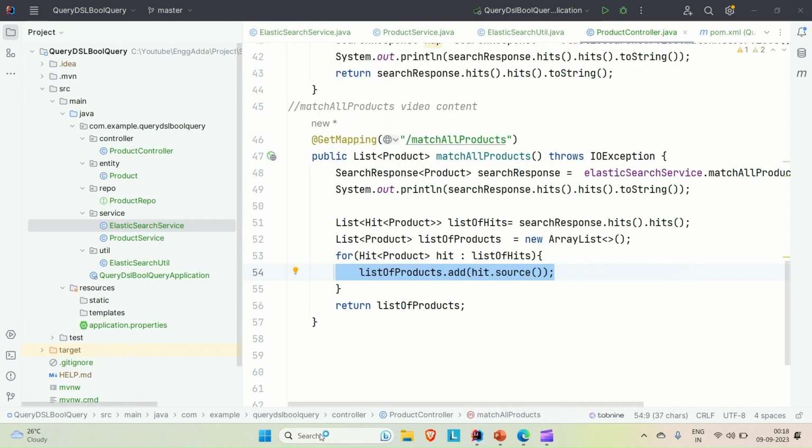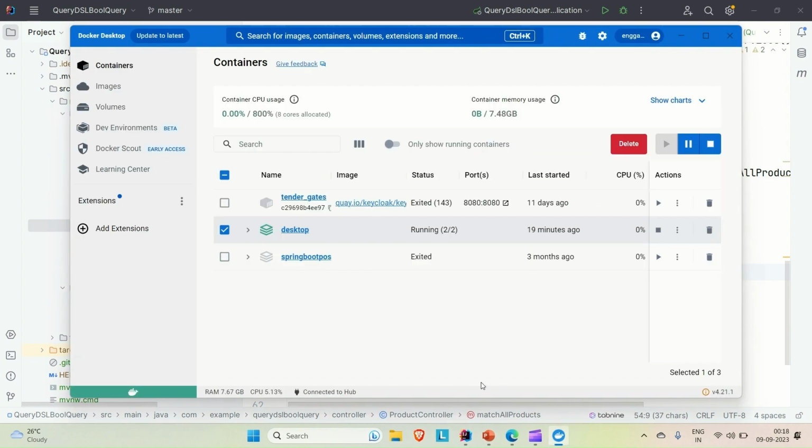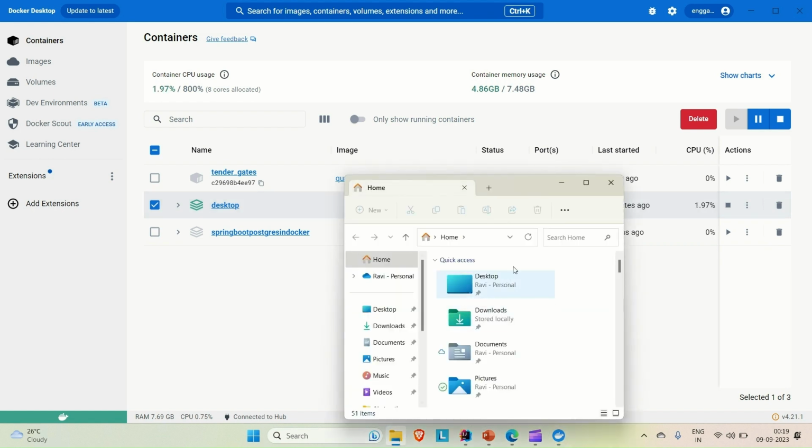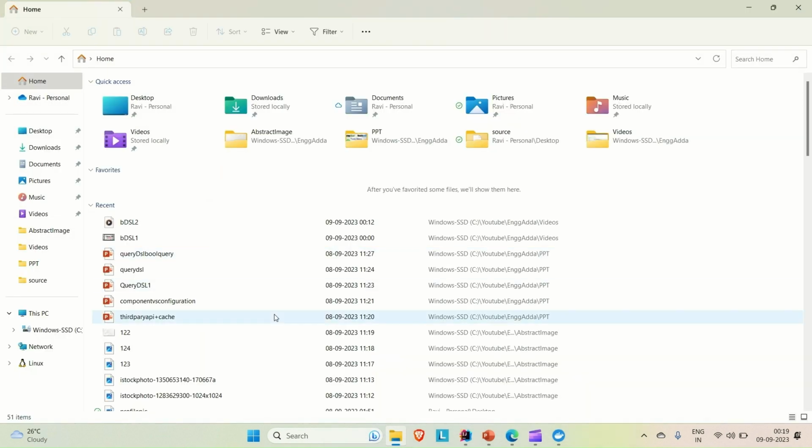and let me try to make our Elasticsearch and Kibana up and running in Docker. So once Docker is up, you can make your Elasticsearch and Kibana up and running. Now my Docker is up. Now you can see in the Docker container, I have this desktop container. So this is nothing but a folder where I have kept my Elasticsearch and Kibana Docker Compose file. So let me try to show you how the file looks, and then I will try to make it up. So if we go to my